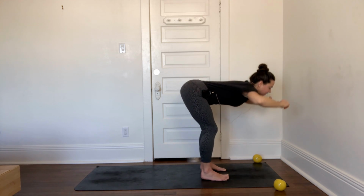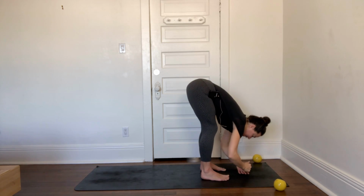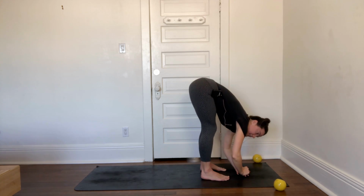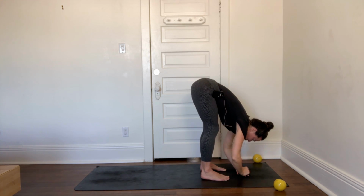And then releasing everything down, bigger bend in the knee, hang in that forward fold again. And if a little movement here would be nice, take a little movement. We're going to come up into that halfway up